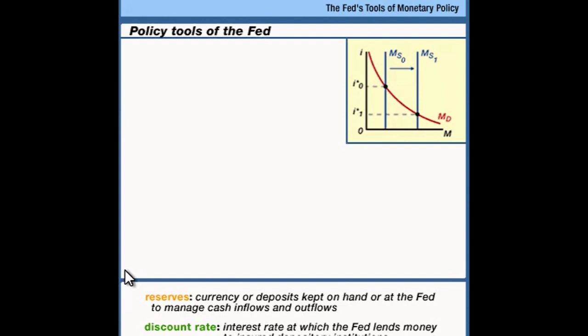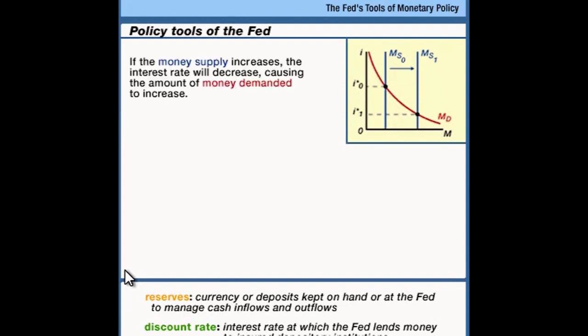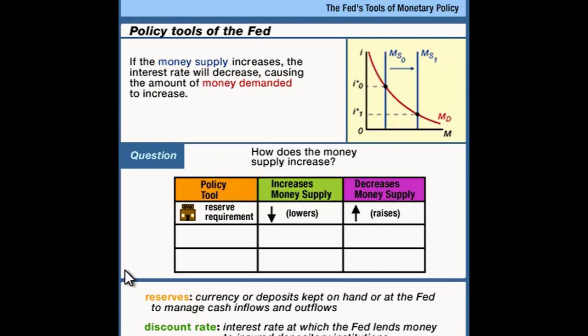Well, how does the money supply actually in practice increase? It increases by one of three ways. First, the Fed lowers the reserve requirement. If it does that, banks can make more loans and create more checking accounts. The second thing would be banks borrow from the Fed. If the Fed makes the terms of borrowing easier, banks will borrow more. And when they borrow more, they have more reserves, and they can create more loans and more checking accounts. And finally, third, open market operations. Whenever people sell securities to the Fed, the Fed gives people cash or checks, which they put in their banks, and when the banks present them for clearing, the Fed gives the banks reserves, which then gives the banks more room to create more loans and checking accounts.